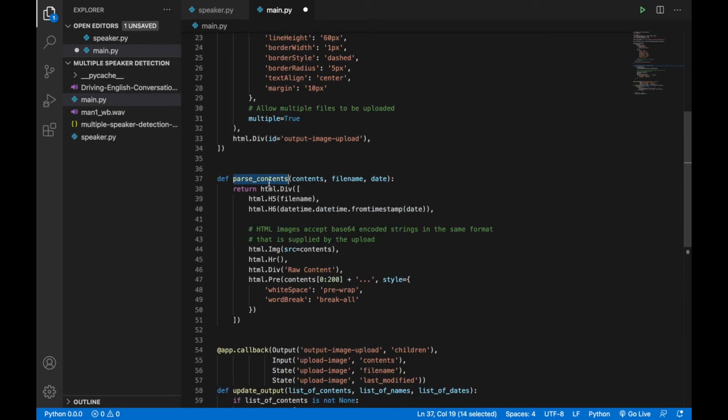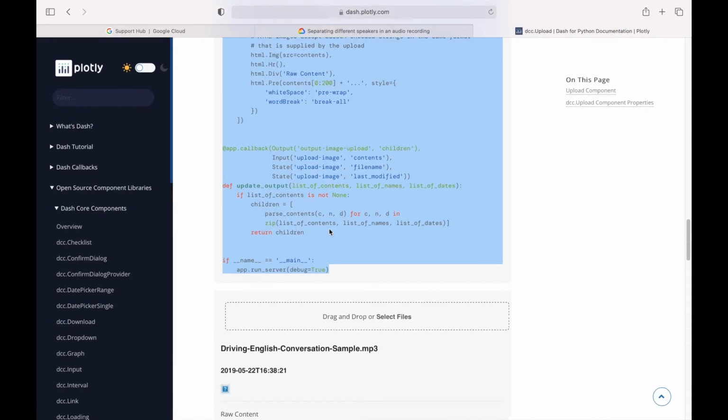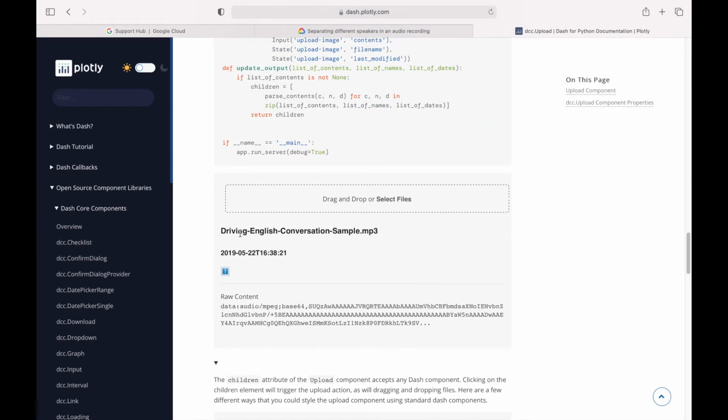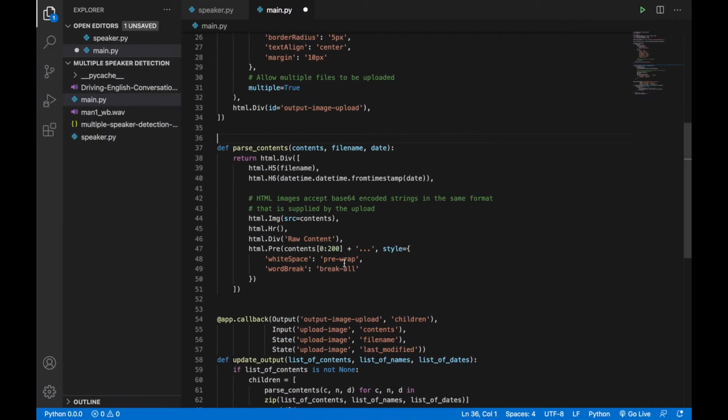And for the parse content, this function will be called whenever users have uploaded their own media files, and this will return a div just as we have just seen. This div will cover the file name, the last modified date, some raw content, and also the data related to the files.